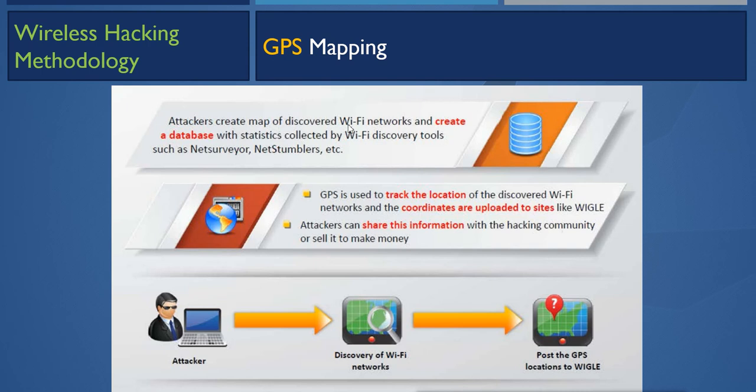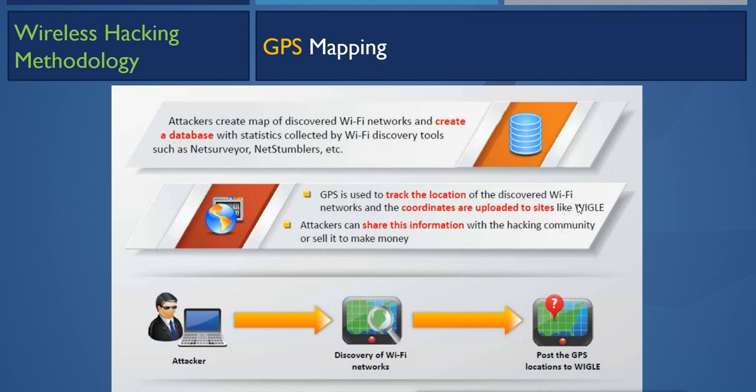Attackers create a map of discovered Wi-Fi networks and a database with statistics collected by Wi-Fi discovery tools such as NetSurveyor or NetStumbler. So the attacker can create a database of available Wi-Fi networks and the information about those networks collected by these tools. Then GPS is used to track the location of the discovered Wi-Fi network, and the coordinates are uploaded to